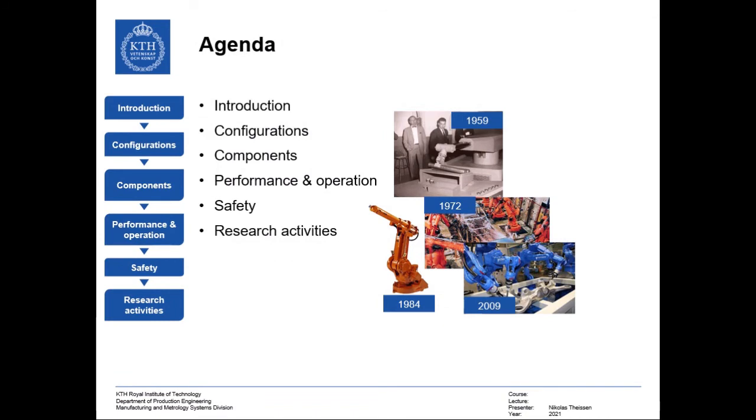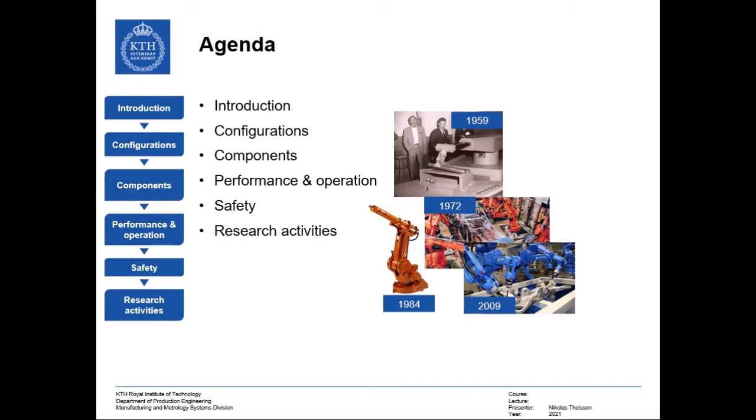Agenda. To achieve the intended learning outcomes, the lecture is divided into 6 sections. The section Introduction discusses definitions, the history and market data to identify for which manufacturing process industrial robots have been used in the past and will be used in the future. The section Configurations, or more simply expressed, the shape of the robot, looks into which type of robot is used